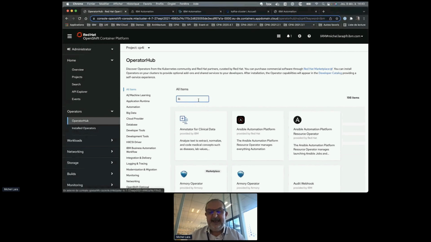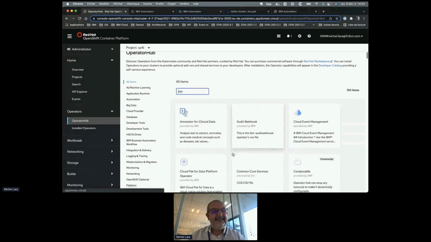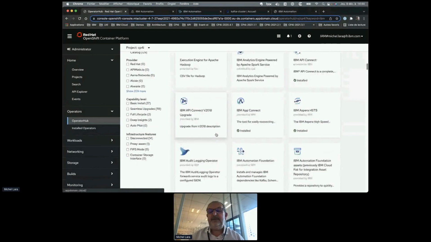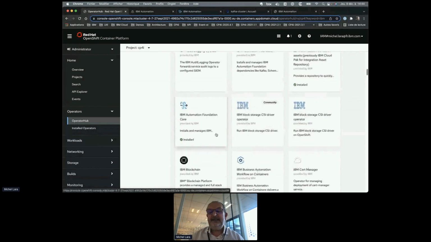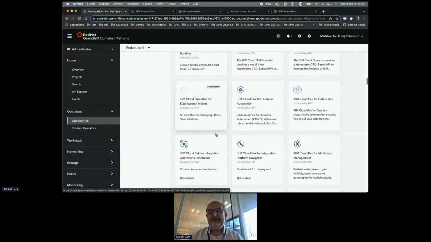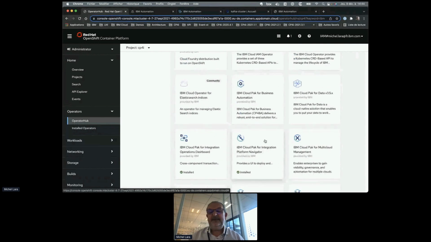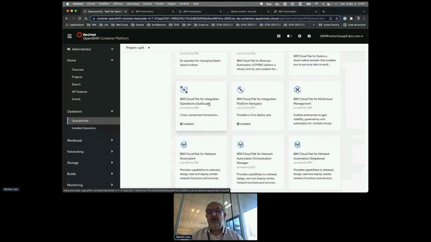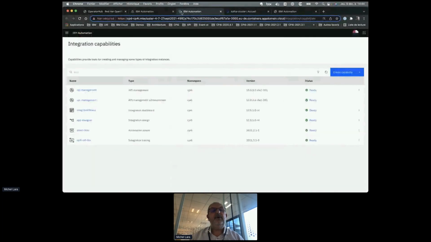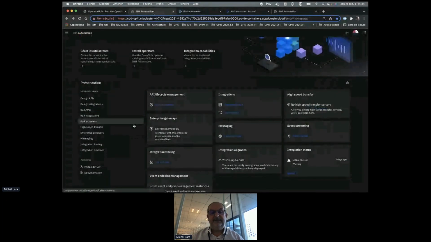So you have a meta operator with the IBM Integration Pack, and somewhere in the catalog is also the IBM Integration Pack. And with this meta operator, you can install all the capabilities together. So these are, for example, all these capabilities here.